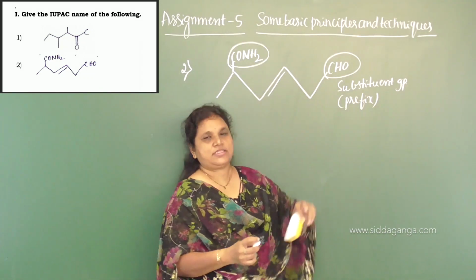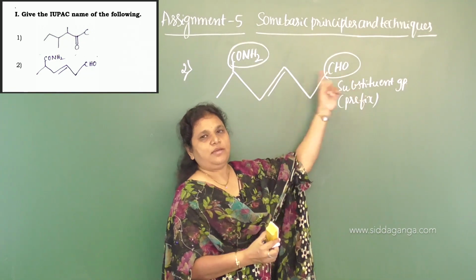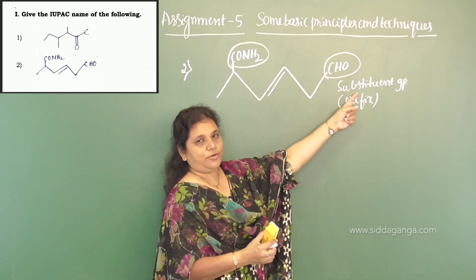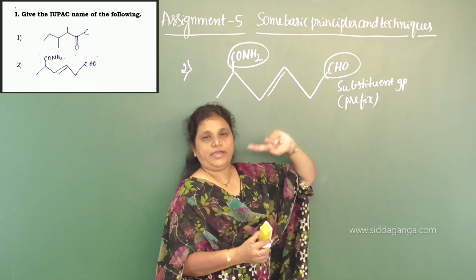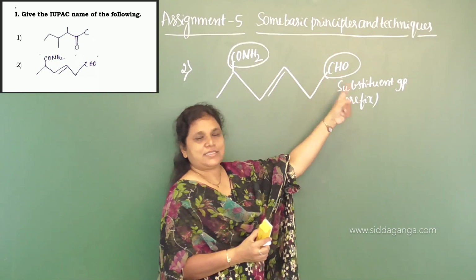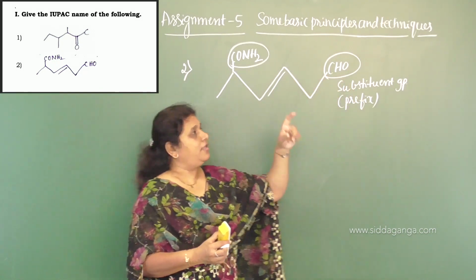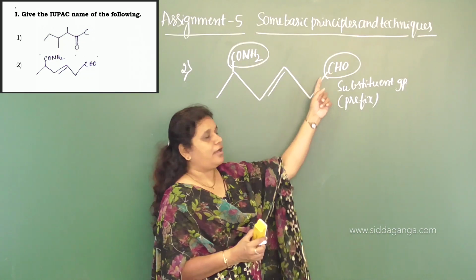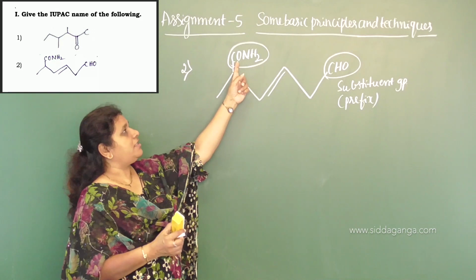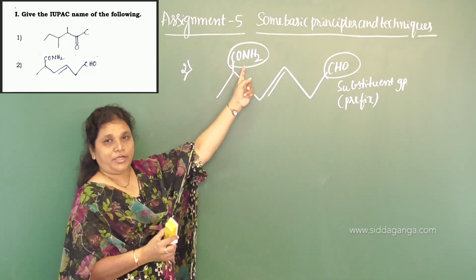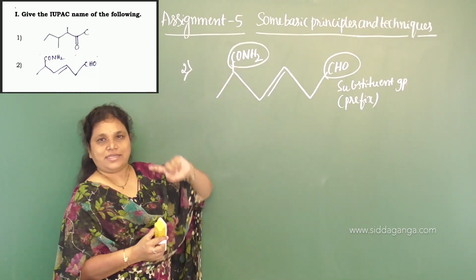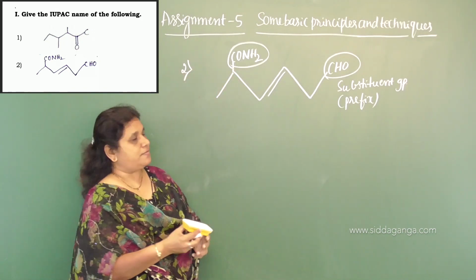What is the prefix for the CHO group? Formyl is the prefix for the CHO group. When it is considered as a substituent group, the carbon atom of the aldehyde group is not considered in the root word. We need to treat it as a substituent group like the methyl group. We are not considering the carbon atom of the CHO group here, but we need to consider the carbon atom of the amide group in the root word, and we need to give preference to the acid amide group by assigning the lowest possible number.